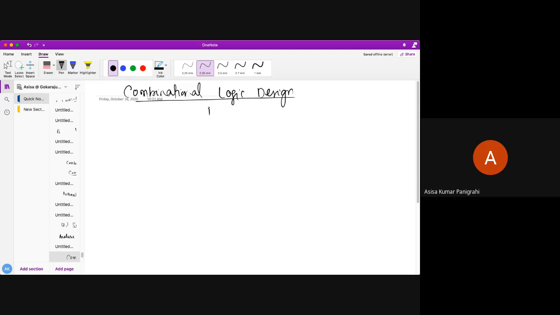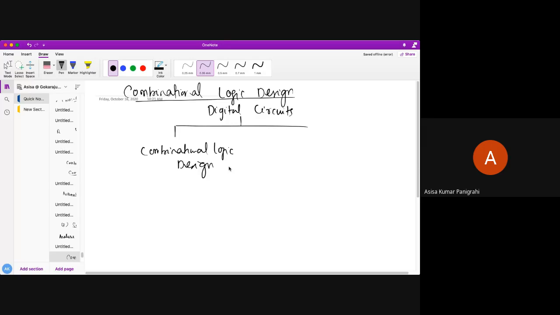So digital circuits are designed in two different ways. Mainly two types. The first one is combinational logic design, or combinational logic circuit, in short form also called CLC.